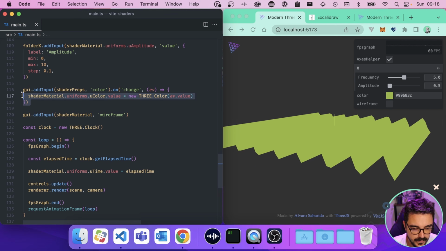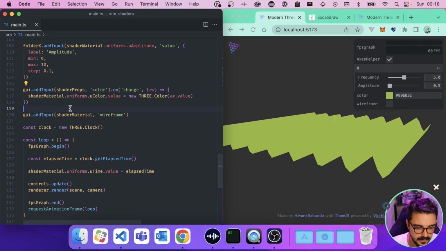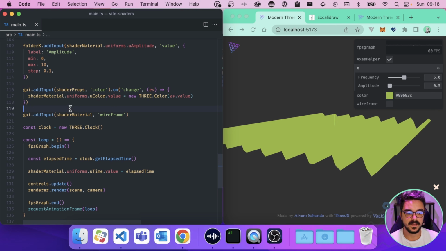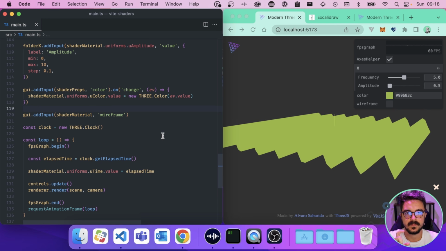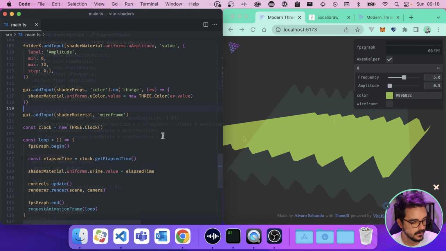If you have any questions about this part, please let me know in the comments. I will explain further. It's basically we add another object, we react to that object, and we pass an assign to the shader material because the Tweakpane and the format that the shader needs weren't the same, okay?